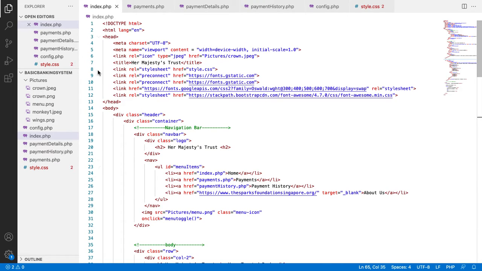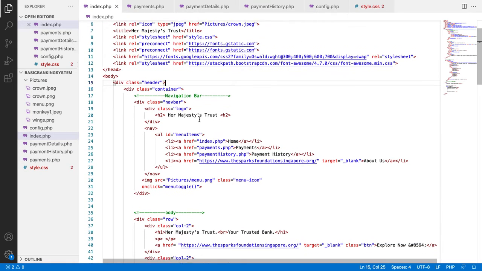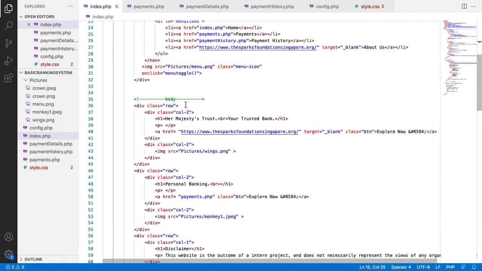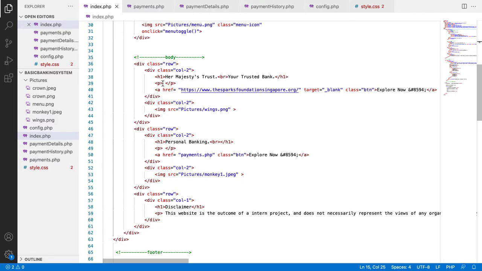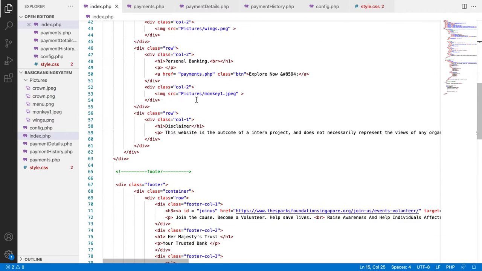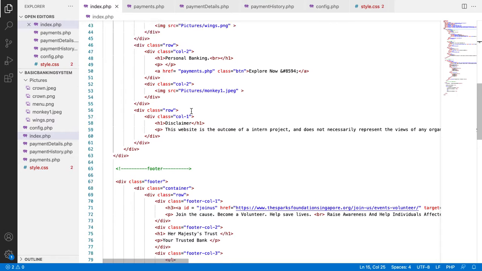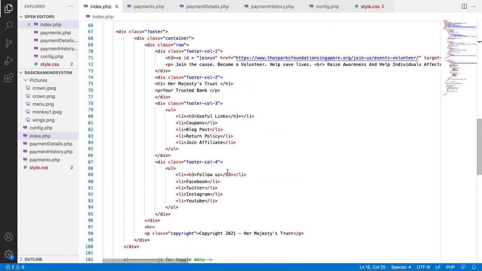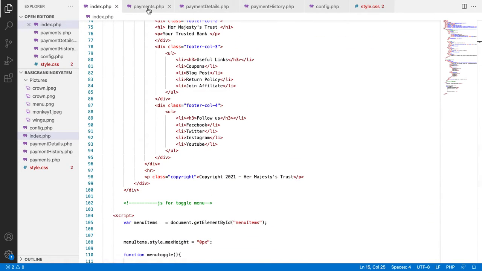So this is the code for my website. This is the home page. There's Bootstrap connected here, and there's my CSS style sheet. This is the navigation bar. There's a logo. The body is quite simple. I had a couple photos. There's another photo here, which will take me to the customers, and the footer. Then there's